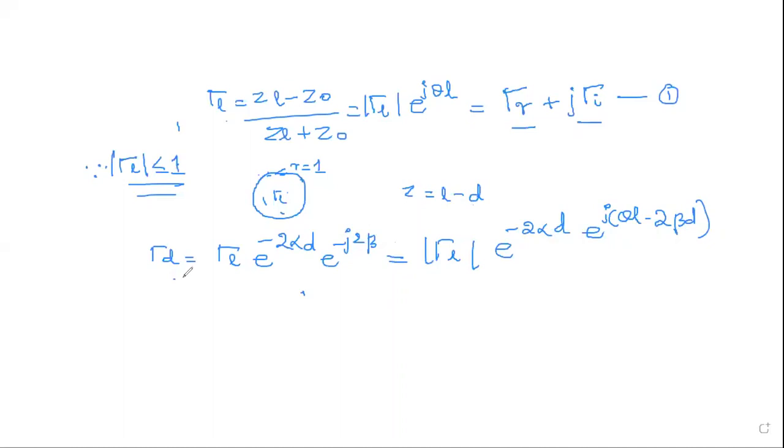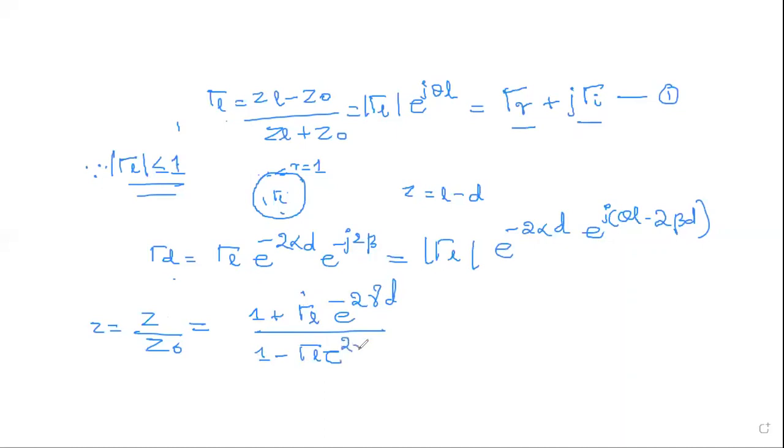Now what you have to do is normalize the impedance that you take. That is normalization of impedance. I've taken it as Z. So normalization is Z, nothing but Z by Z naught. Here, when you consider Z by Z naught, we have the value which is written here, that is 1 plus gamma L e to the power minus 2 gamma D. This also you have written already. One more is 1 minus gamma L e to the power 2 gamma D.